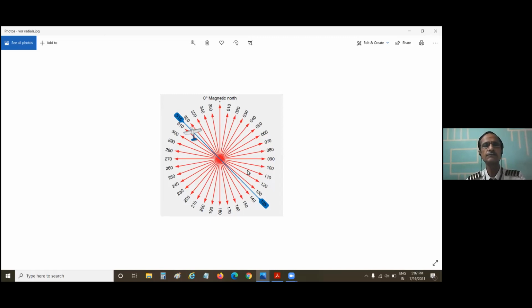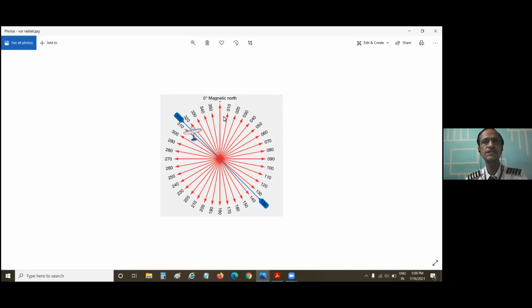Suppose we decided that we are going to construct a VOR in Mumbai. First of all, we ascertain the magnetic north of that VOR. What will be the magnetic north of that VOR? First we find that out, and from that magnetic north, we calibrate the VOR into 360 degrees. Each calibration is of 1 degree, 001, 002, 003, 004, and so on up to 360. Once this calibration is done,